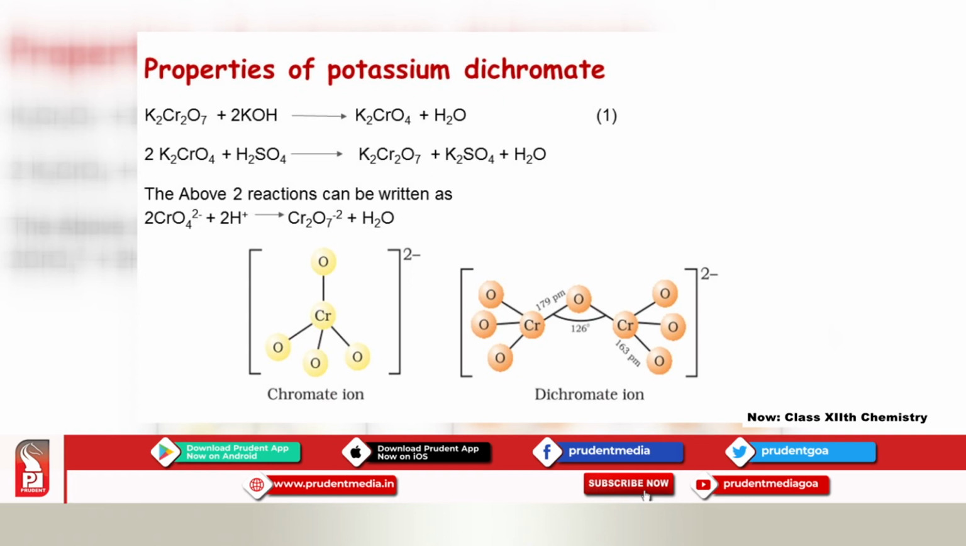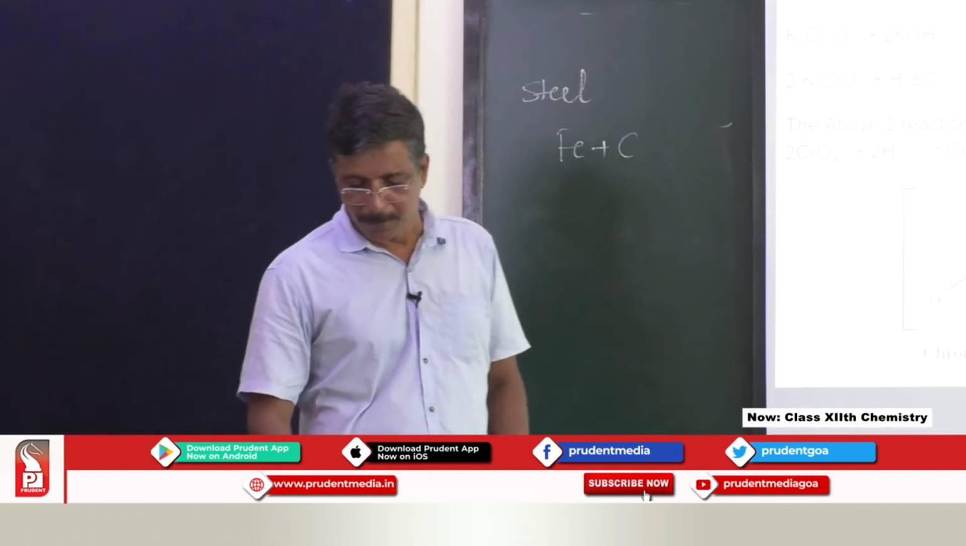You find here the structure of chromate ion and dichromate ion, both have tetrahedral structure. See here, these two tetrahedral CrO4 structures are connected by Cr-O-Cr, and both the charges are minus 2. Next we will go for